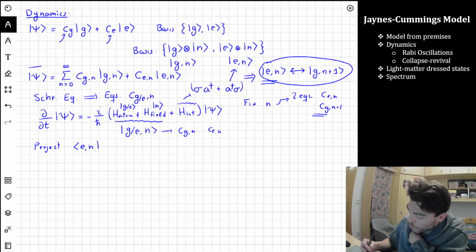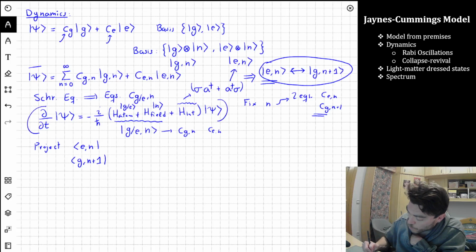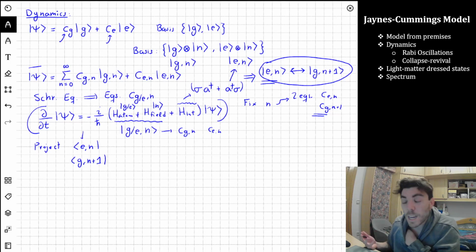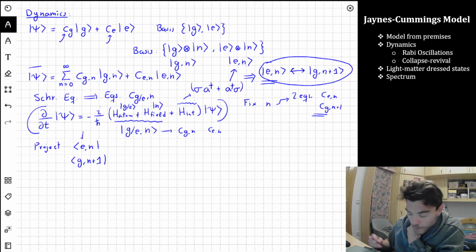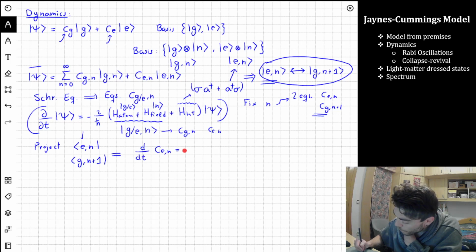We project the resulting equation into E n or G n plus 1. By the resulting equation, I mean that we take this equation, write down the entire equation, and then project into these two states, because these are the only two states that are going to be important. And then what we get is these two equations. If we project into E n, we get that the derivative with respect to time of C E n is equal to minus i omega 0 plus n times omega, times C E n